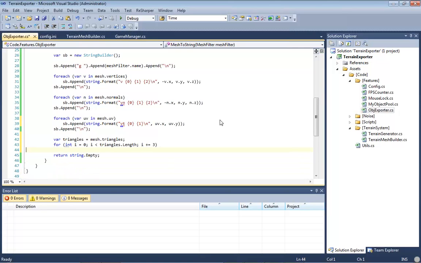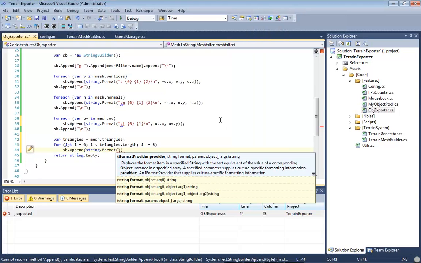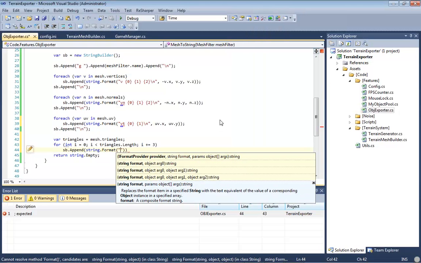Here we'll do sb.Append, another string.Format, and the syntax for this is going to be f 0/0/0,